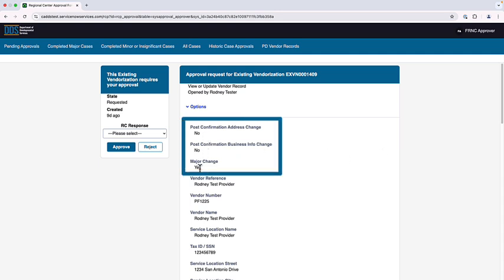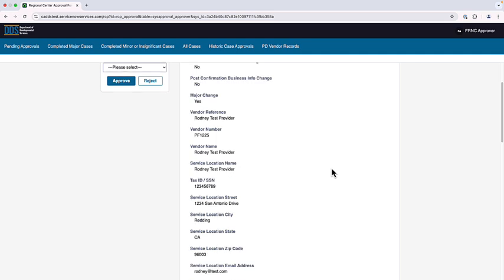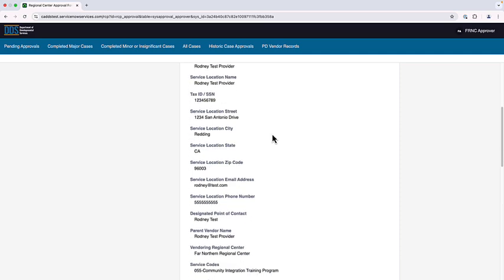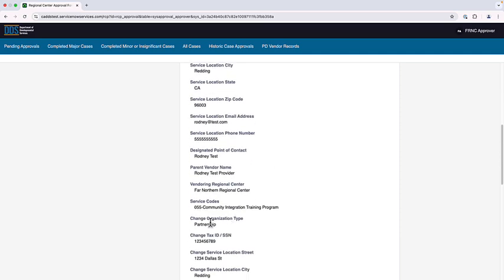The first category is change summary. The next is the original data fields, starting with vendor reference and going down until you see the word change. So through service codes,